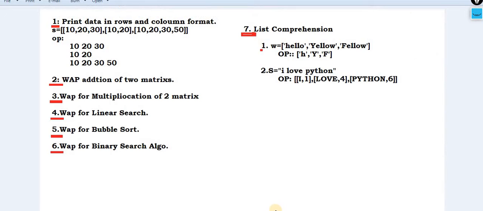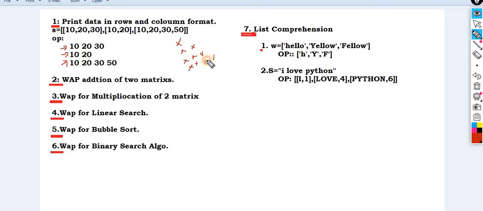these were your questions. The first question is that you have to print the data into rows and columns. The data should be printed in this format. I show you exactly how you are supposed to print the data. The entire logic is the one we discussed in the last classes in great detail. This time, rather than printing stars, you have to print this data, and the data is coming from the 2D array. This one is the 0th index, this one is the 1st index, and this one is the 2nd index.